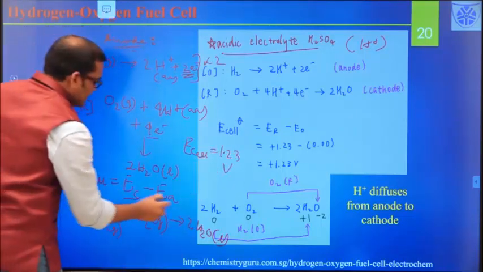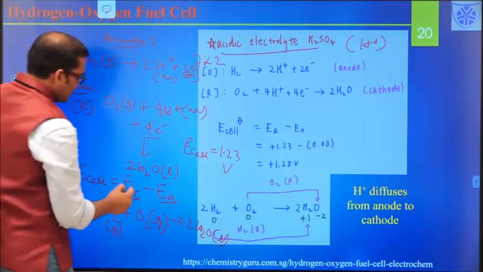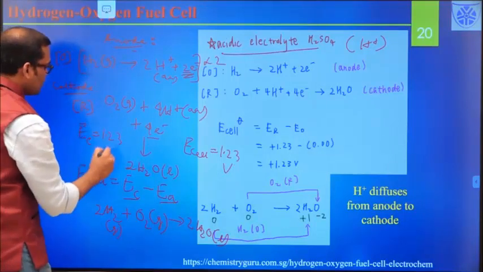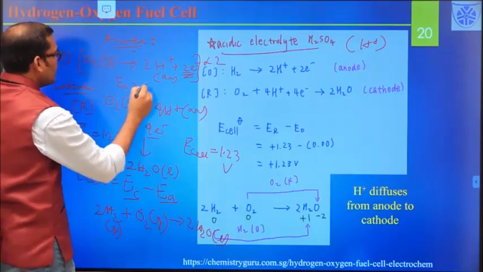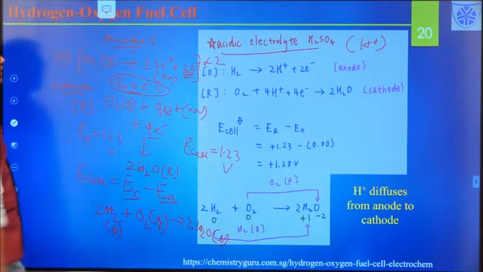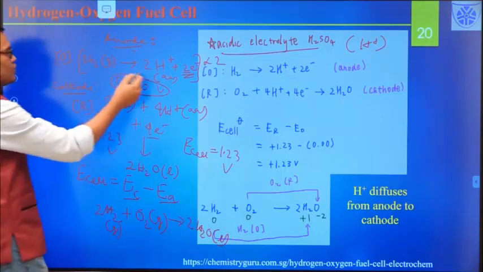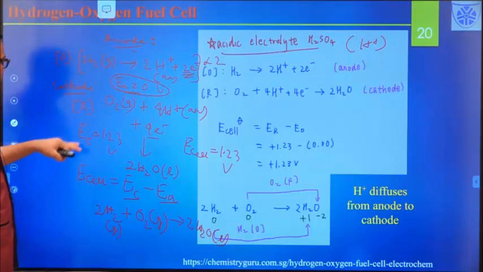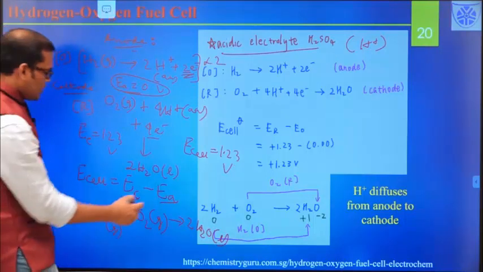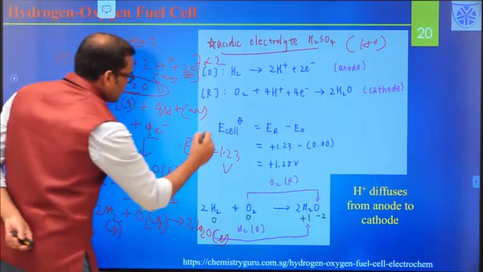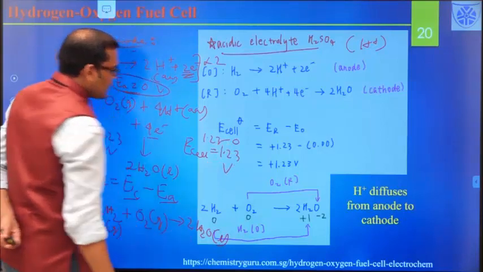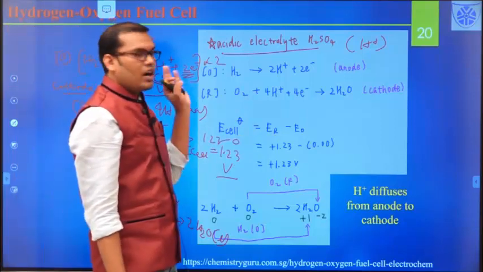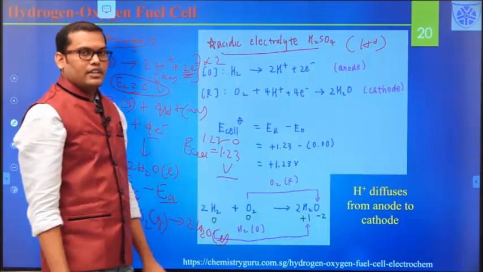Now what are EC and EA, right? So EC, the cathodic reaction, that is called the half cell, is 1.23 volt, and for this EA is 0 volt, which is only hydrogen, H2 to H+. If you remember from Unit 2 on the electrochemical series, hydrogen is taken as just 0 volt, and for the acidic medium, oxygen reduction is 1.23 volt. So it is coming as 1.23 minus 0, it is coming as 1.23, right? So that is the overall cell potential you are getting from the hydrogen-oxygen fuel cell if you are using acidic electrolyte, right?